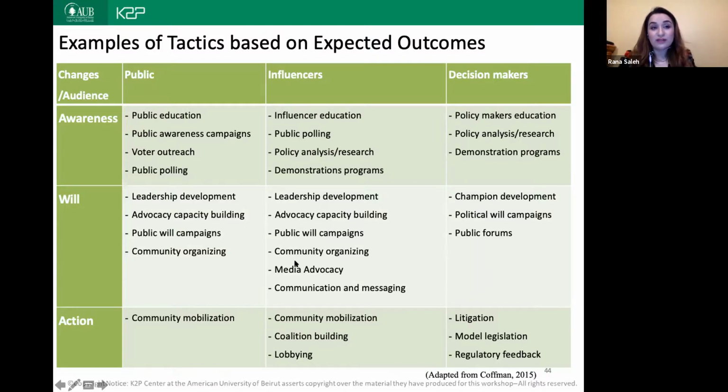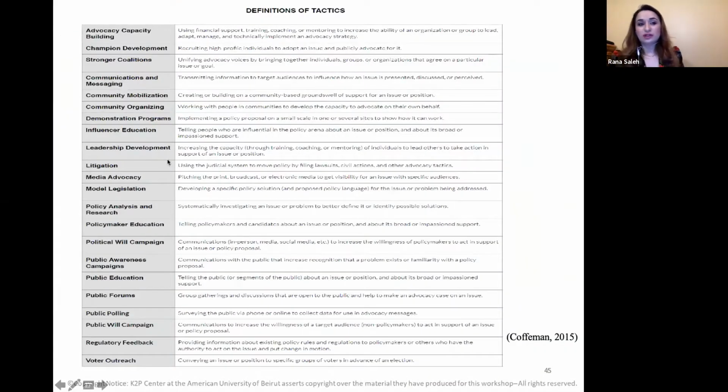There will be a lot of tactics shared again throughout this presentation, but I also urge you to check the reference list because there are some resources that have tens and dozens of tactics, and they're all defined with some examples of how they've been used before to provide an illustration of those tactics. This is a broad definition of some of the tactics involved here, but again, there are multiple more that you can use, and really the sky is your limit. You can develop your own tactic.